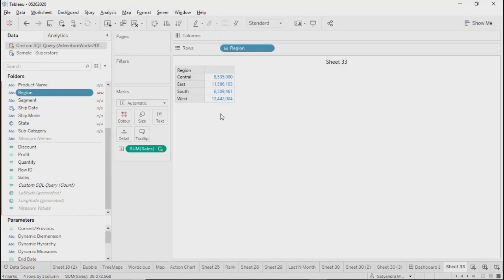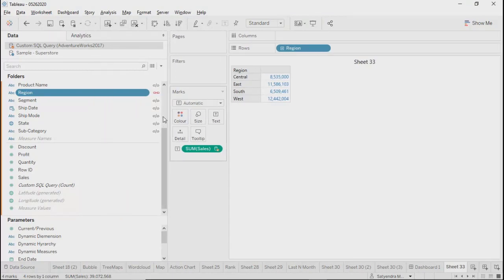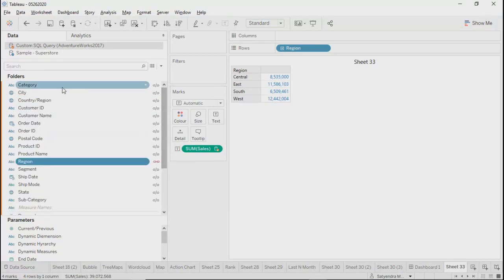So if we have another source of data from Oracle, then also we can join another column from it. You need to have some common columns. What Tableau has done here is you are getting this link icon against these fields. Tableau has automatically identified the common columns, and against those it is showing the link option. In case Tableau is not able to identify that, what you can do is go here,